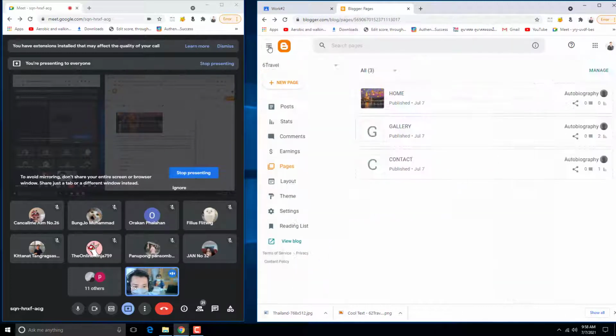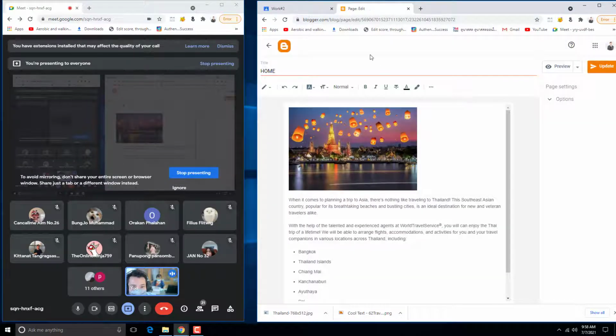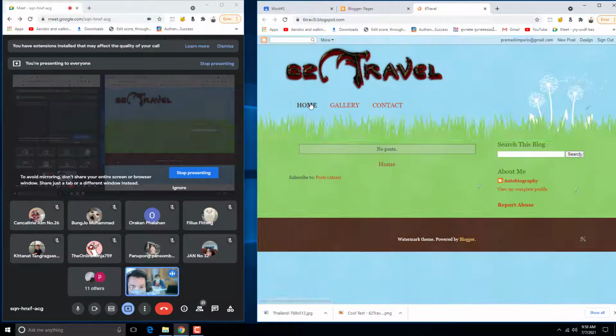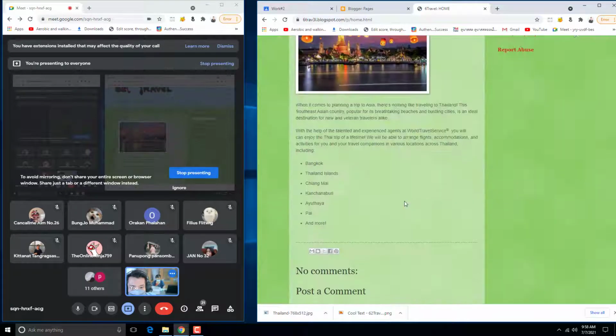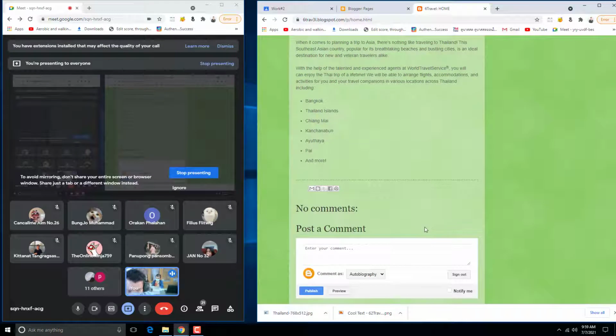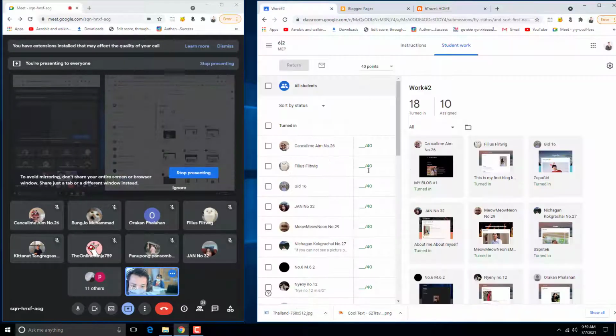So let's go back. We finished already our home. Look at this, there is already a home page that is finished. Let me try to view it to see if it's working. So, view blog. Home is there. Okay, so it's working now. So we already have the content on our first page. Okay, so your previous activity, you see this one, it's about